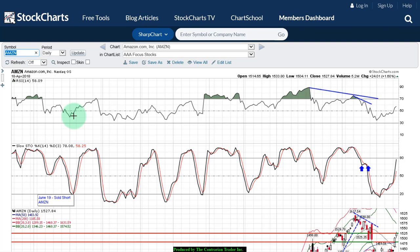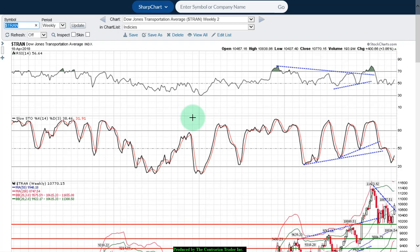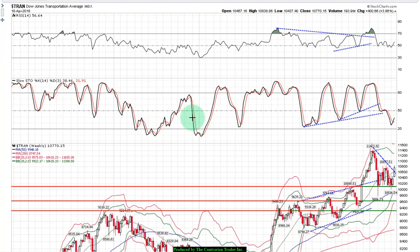Members, let's get to a quick morning update. Folks, let's take a look at a couple of weekly charts. The Dow Transports, while they had a weak Tuesday, they had a strong